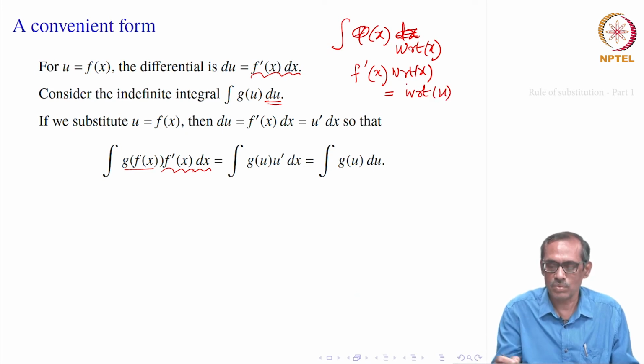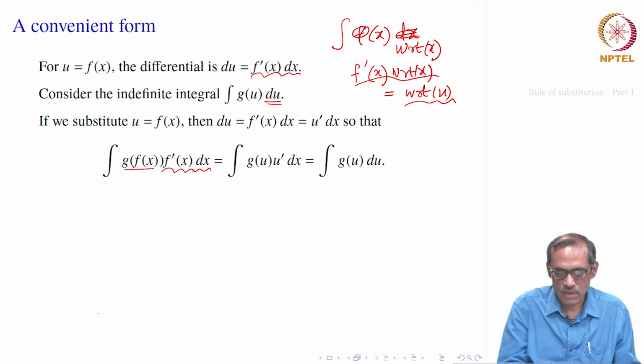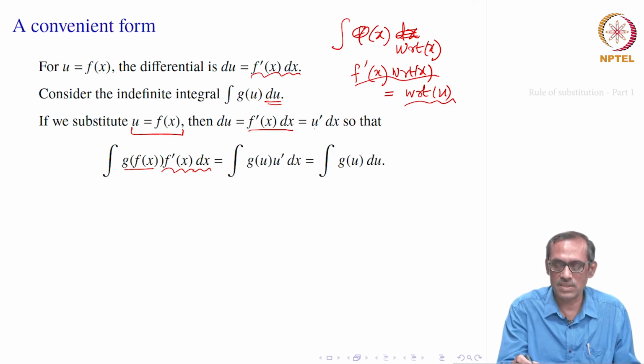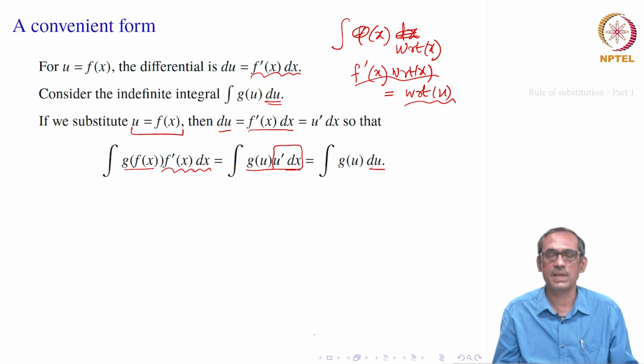So, instead of writing this with respect to integral and so on, we would say that this is really the differential. If we take this to be a differential, this is also the differential of u, as our rule says. That is why we can really substitute. We just find out, say u equal to f of x, we substitute, then you get f prime x dx, the differential, as du. So, g of f of x becomes g of u, and f prime x dx is du. So, you get directly whatever we have proved in the theorem.